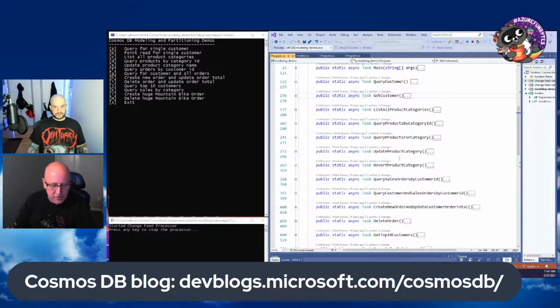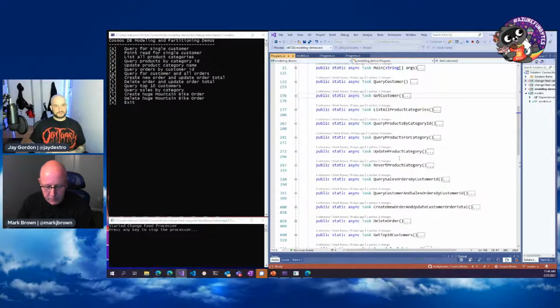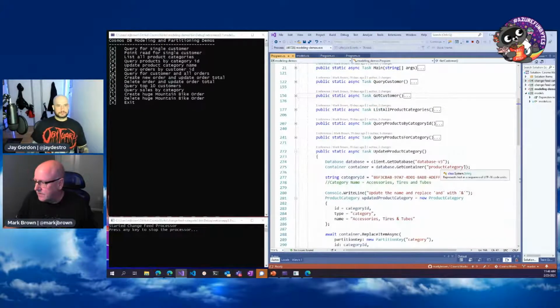Another thing I want to show you. Back to the operations here. I talked about point read, and you need a partition key and an ID for that. All of the CRUD operations are essentially operations that look just like that. When you insert an item, you need a partition key and an ID in there. Same when you do an update, and a delete. So let me show you some others.